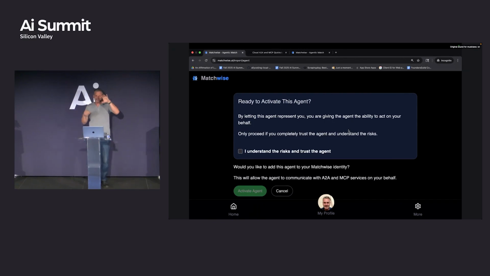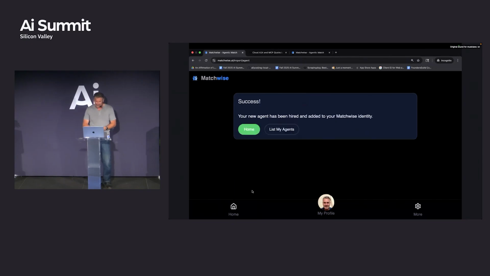So instead of having a key in the verification method part, we're going to drop it down to the service array. So here it says, let's activate an agent for me right now. I'm going to activate it. Boom. And this is, again, on the Matchwise side. All that was handed across to the Matchwise side is the public information, which is really fun.